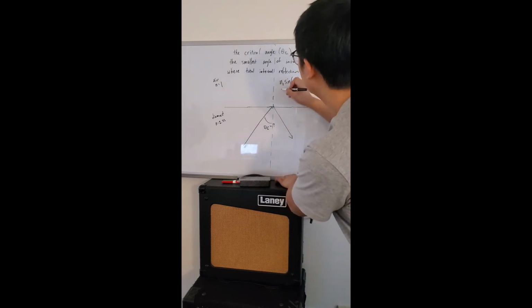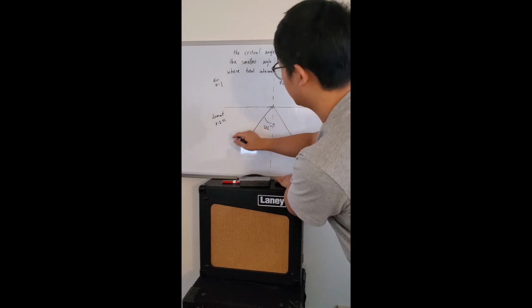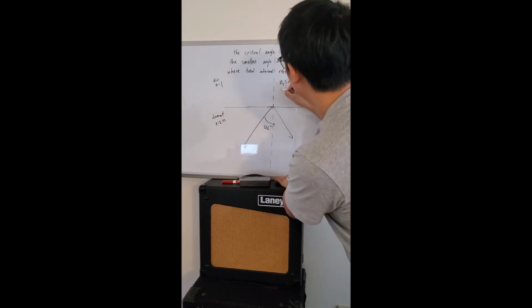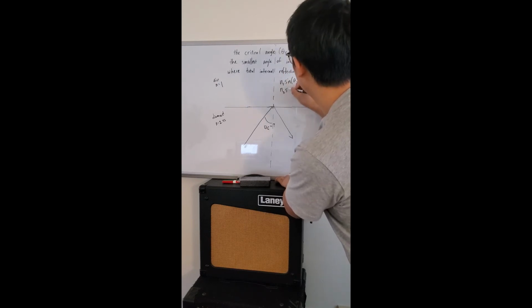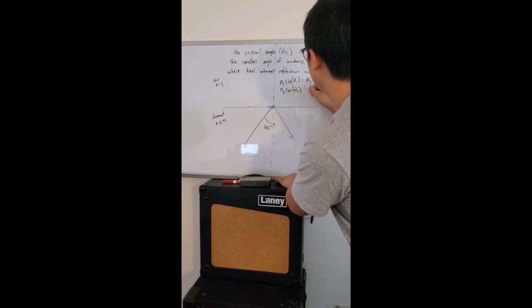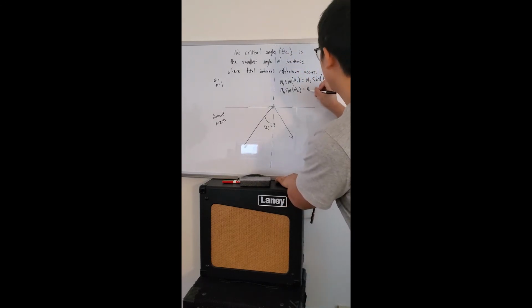We know that n1 in this case is actually diamond. So n1 is the n of diamond. Mark that with a D. And the sine that we're looking for is that critical angle instead of theta 1. And here we have n of air